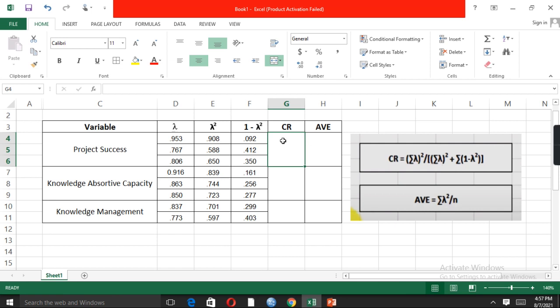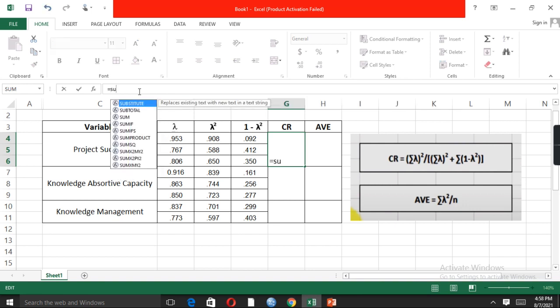So what should we do? Equal sign, sum, small bracket, and then we need to select the value of lambda square. So this is basically the value of lambda square.